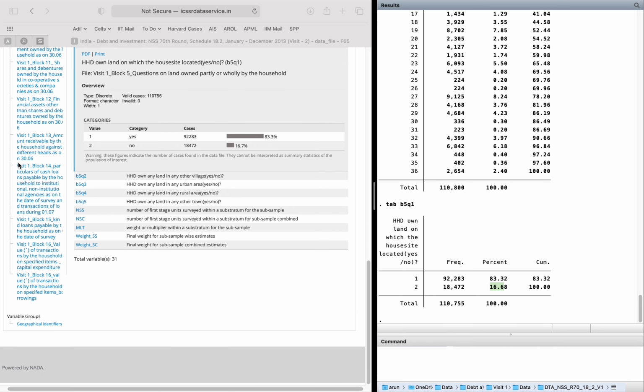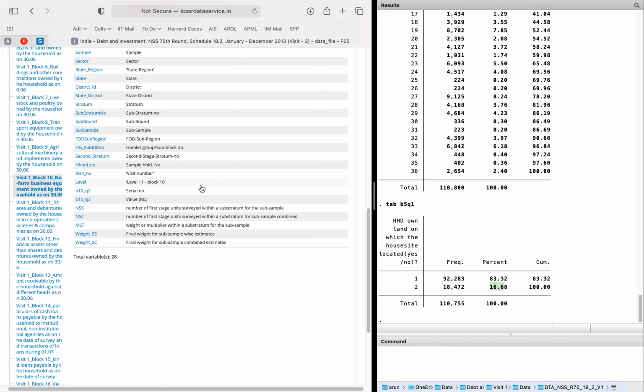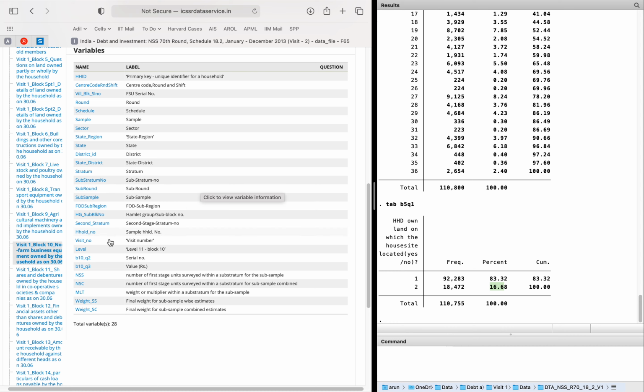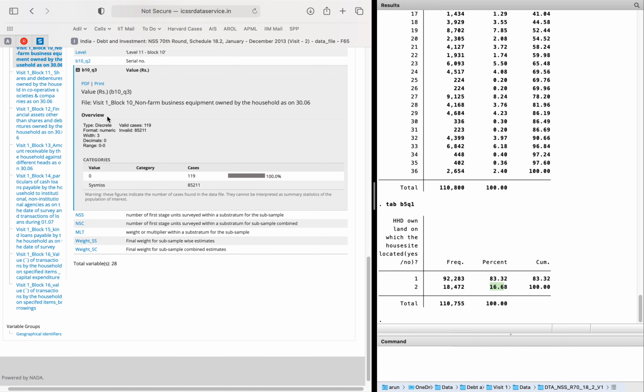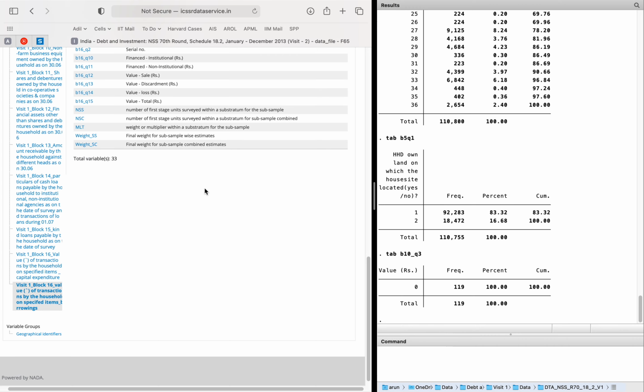Now we'll try some other information randomly. For example block 10, we can try the value B10Q3. We'll copy it from here, and then tab, and paste here. So 109 is coming. In the same way, suppose we try the last block, block 16.